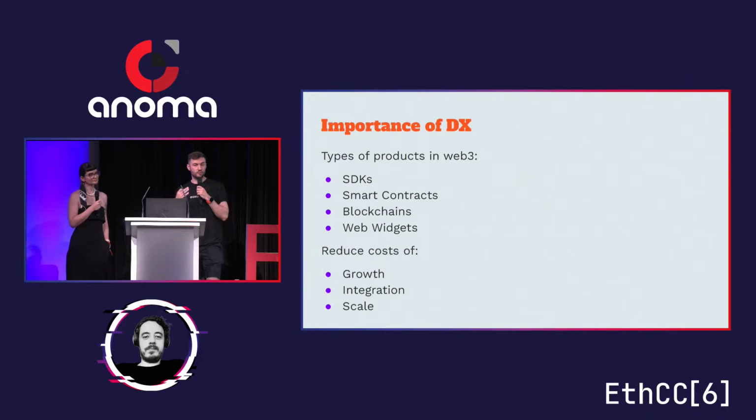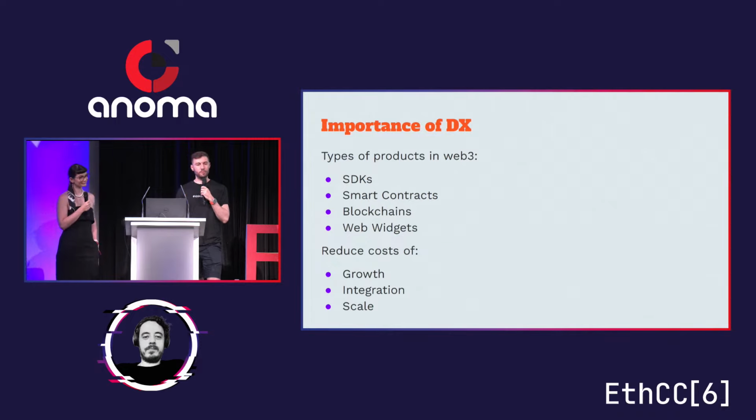Other things are smart contracts. If you are just starting up, it might be difficult to build everything you need right from the get-go. So the way that you design the smart contracts will have a high impact on your product adoption. In terms of blockchains, you have to think about how people will integrate and how people will extract information from your blockchain, so be mindful of that.